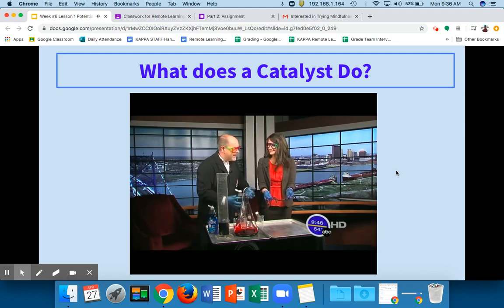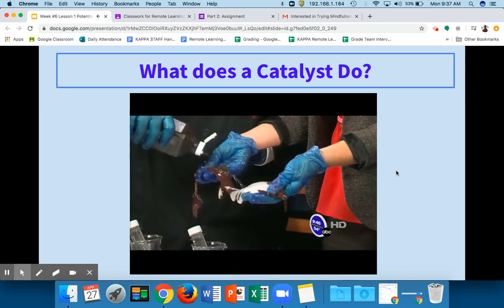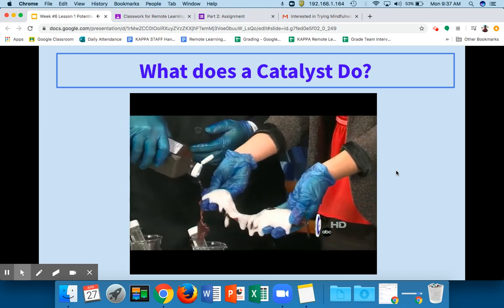Your body, as a part of metabolism, actually generates hydrogen peroxide in its cells. And it's a very strong oxidizer. You want to get rid of that hydrogen peroxide. There's something called catalase. It's an enzyme in your body that will break down the hydrogen peroxide into water and oxygen gas. So beef liver actually has catalase in it. And when you squirt the hydrogen peroxide on, just like on a cut,